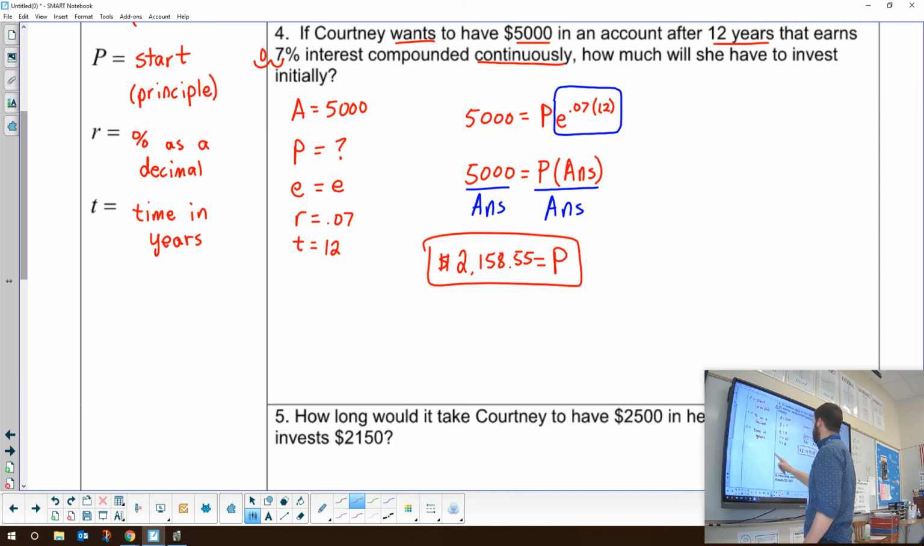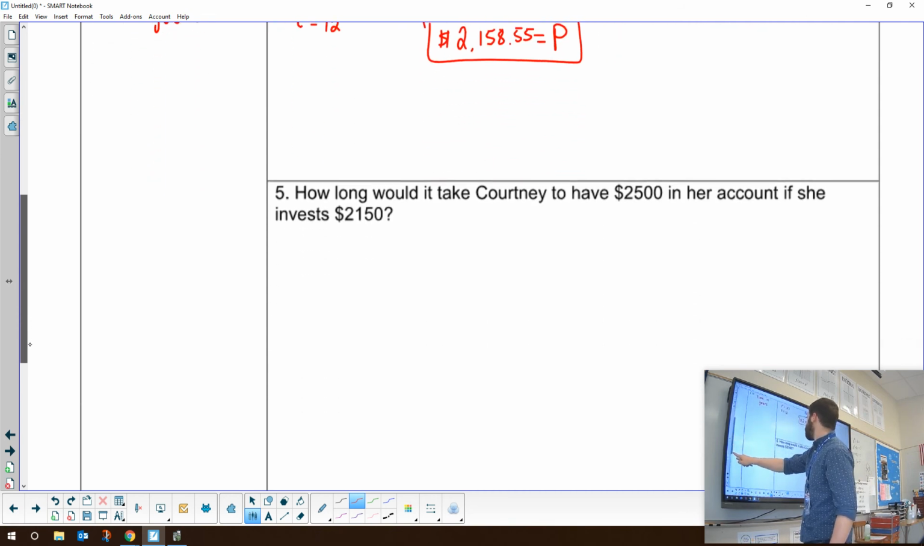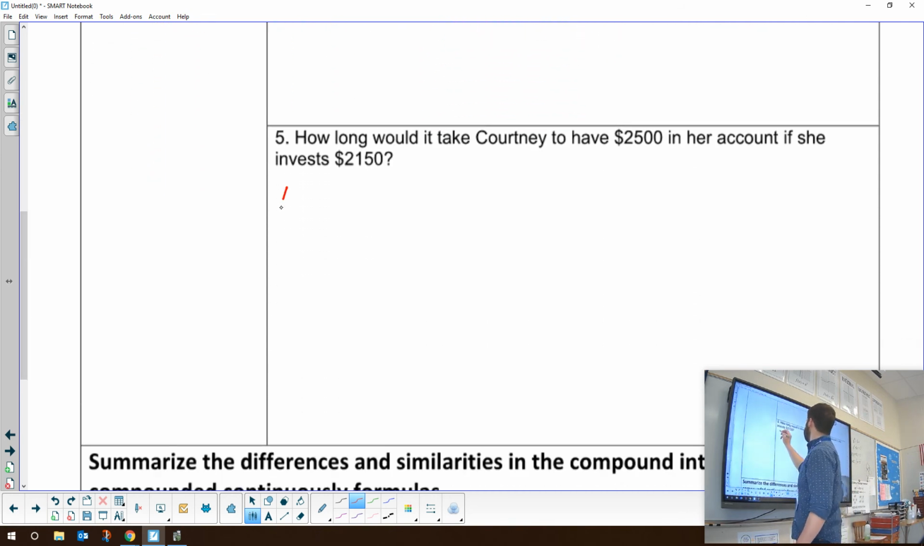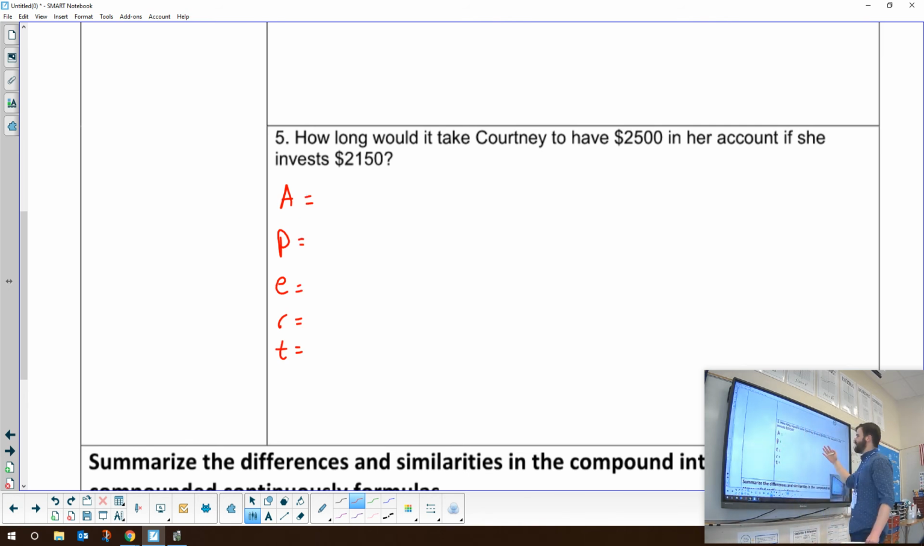Courtney here, Courtney here. All right, so let's write out my A, P, E, R, T. And the reason I know it's continuous is because we're thinking about the same account, the same type of account. All right, so let's see here. How long will it take Courtney to have $2,500 in her account if she invests? So our amount is $2,500. My principal is $2,150, and we're looking for